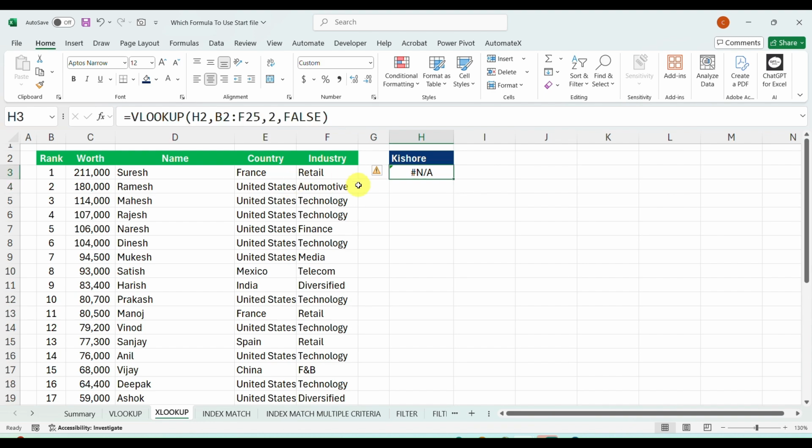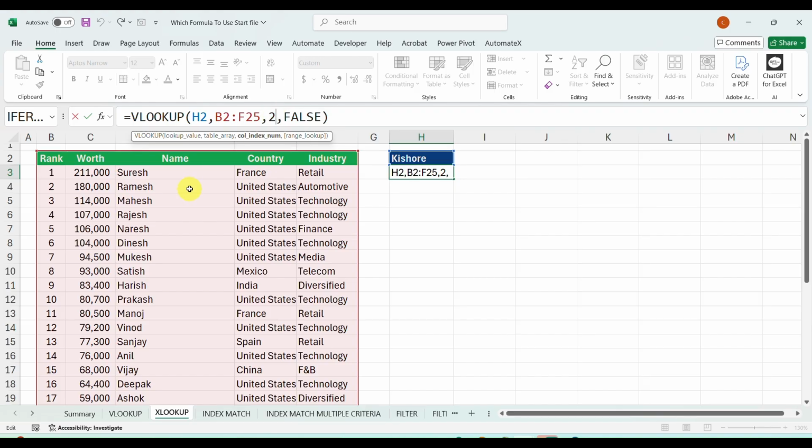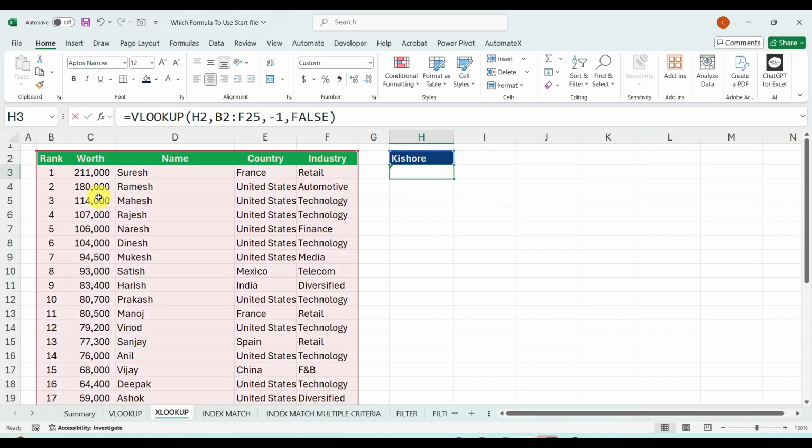See, it's an error, because 2 is not the column in this case. One more thing we can do: the name is here, so can we put -1? Let's try that also and hit Enter. Again it's no. That means, my dear friends, VLOOKUP will not work here.